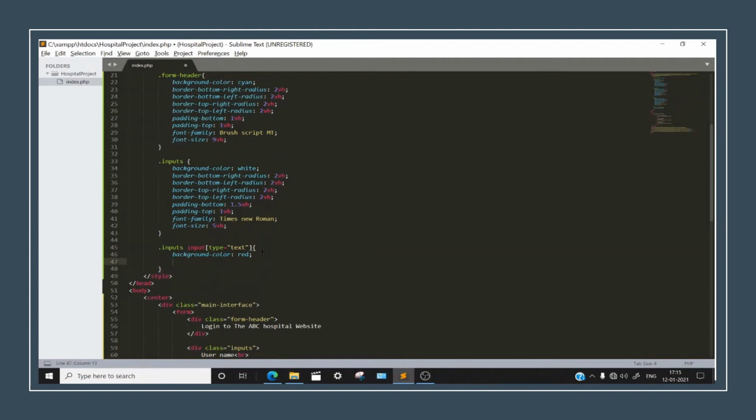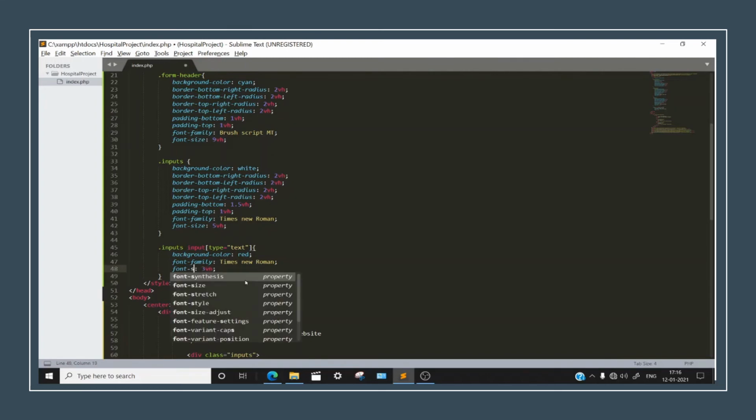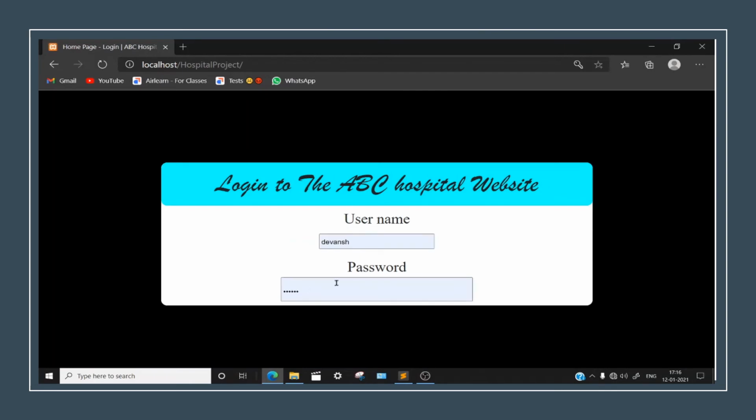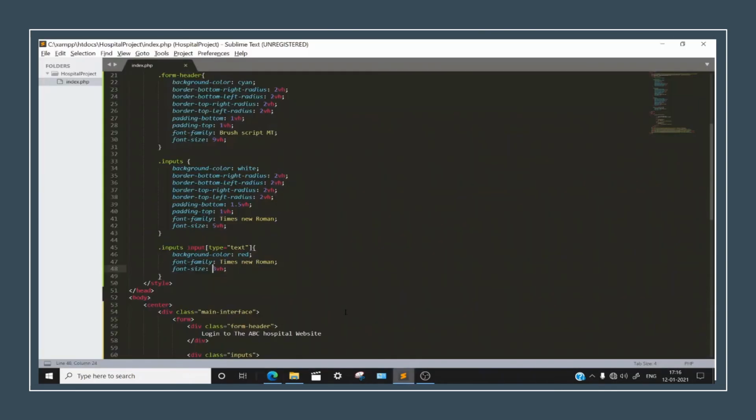Okay, center. Font family to be kept as Times New Roman again, and font size should be kept as 3VH. Alright, fine, looks nice. Font size, okay, Control S, Control R. Yes, looks nice.